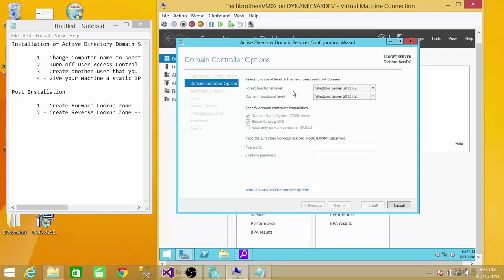The forest functional level, you can choose from here, whether it's 2008, 2008 R2, 2012, or 2012 R2. We're going to keep it 2012 R2 since this demo represents the operating system of 2012 R2. So we're going to go ahead and give the password. Make sure it's strong, and make sure you remember that and put it in a safe place, because if you need to restore your Active Directory or DNS